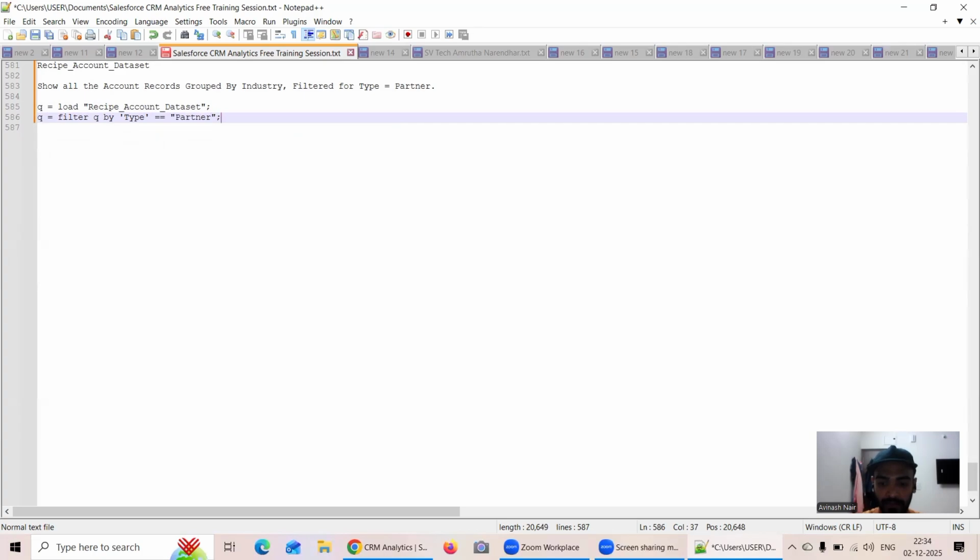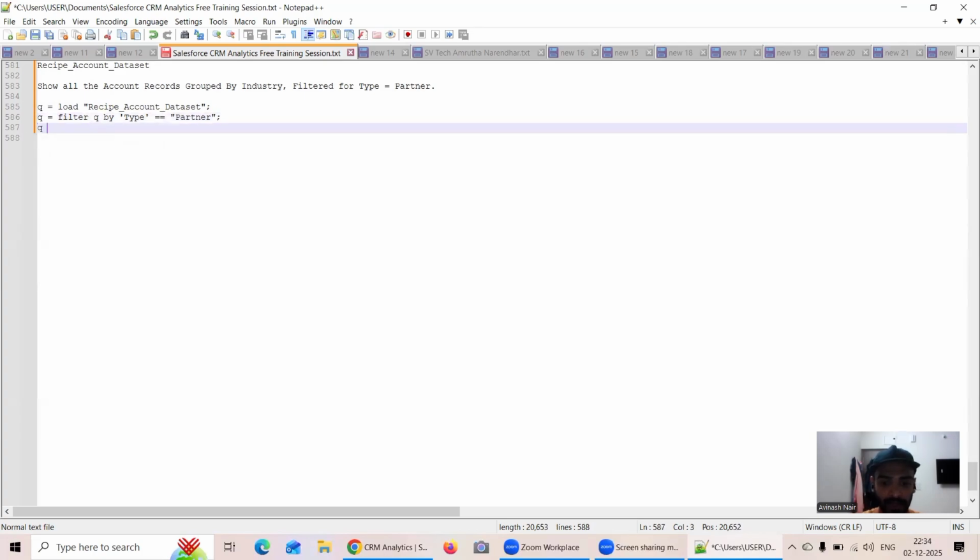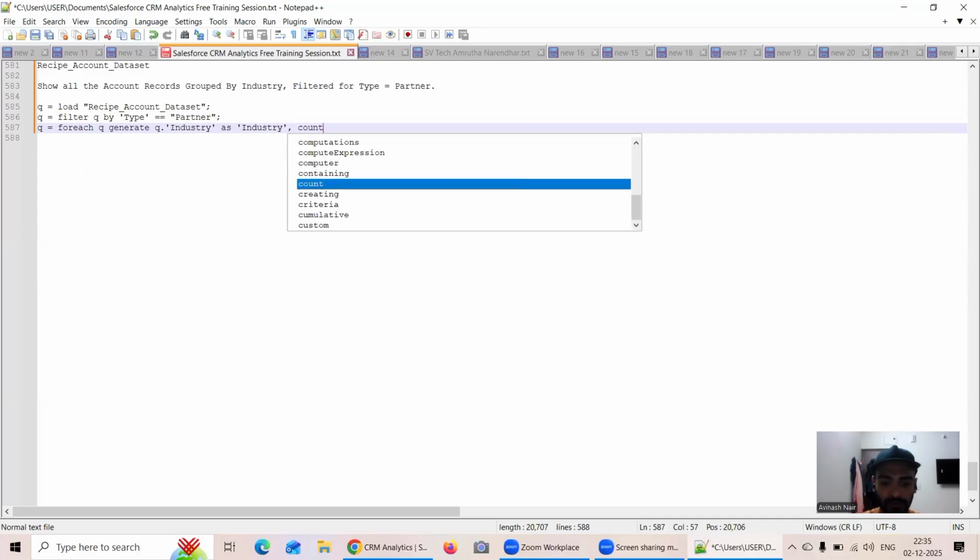Okay, give a semicolon, and here q equal to foreach q generate q dot industry as industry, comma count of